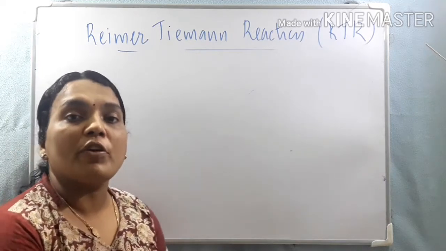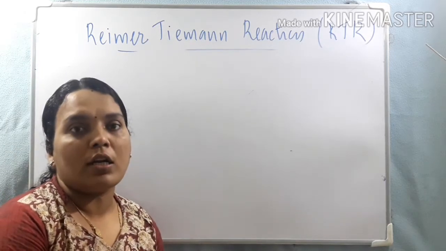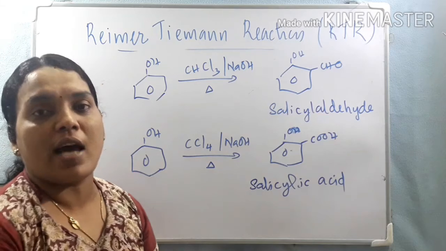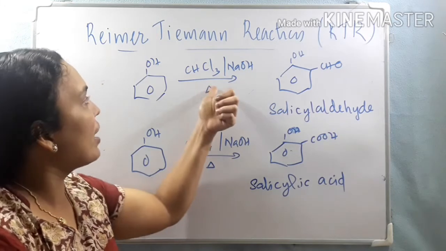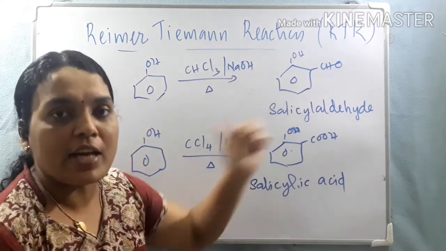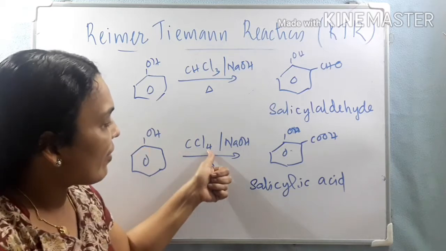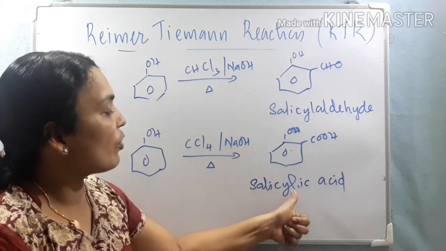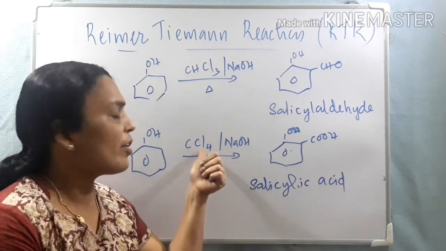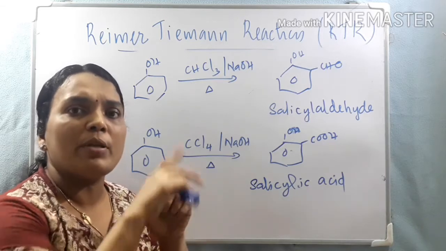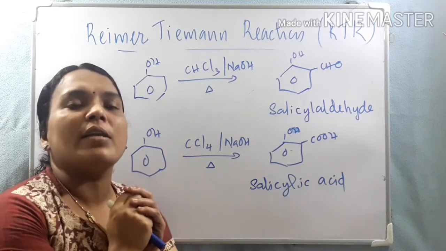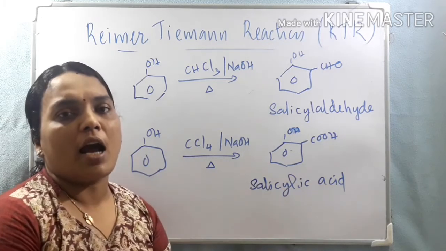Instead of chloroform, if we use carbon tetrachloride, we have salicylic acid instead of salicylaldehyde. Remember the reaction? Phenol reacting with chloroform in presence of NaOH gives salicylaldehyde. Phenol reacting with carbon tetrachloride in presence of NaOH gives salicylic acid. Same reaction, but here we are using CCl4, so 4 Cl; after one is lost, 3 Cls remain. All Cl is replaced with OH and it eliminates a water molecule, forming a carboxylic acid.